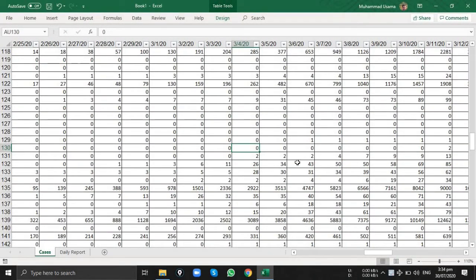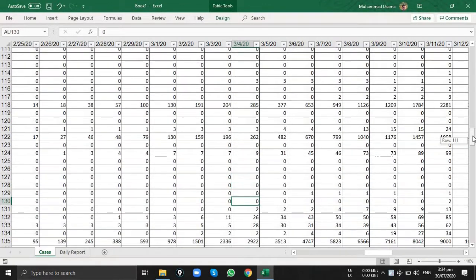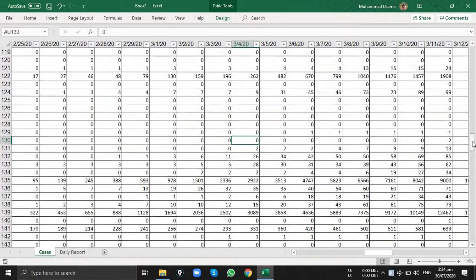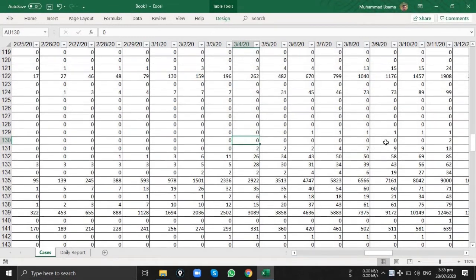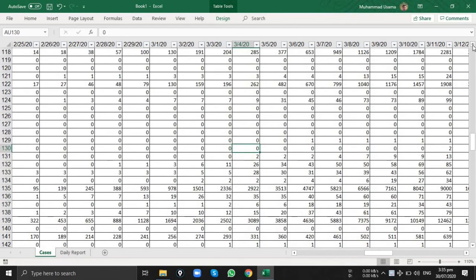To navigate in Excel, the easiest way is to use scroll bars. There are two scroll bars you can see on the screen. We have a horizontal scroll bar which allows us to scroll left and right, and a vertical scroll bar which allows us to scroll up and down. At either end of the scroll bars, you can also see small arrows that allow us to make smaller movements. So for example, I click here to move up one row at a time.